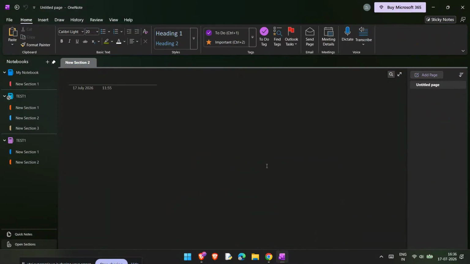If you've ever wondered how to delete a notebook in OneNote, you're in the right place. In this video, I'll show you the exact steps for the Windows Desktop app and how to fully remove the notebook file from OneDrive as well. This is important because in OneNote, closing a notebook and deleting it are not always the same thing. So if you want to remove a notebook properly and make sure it's actually gone from your account, follow along